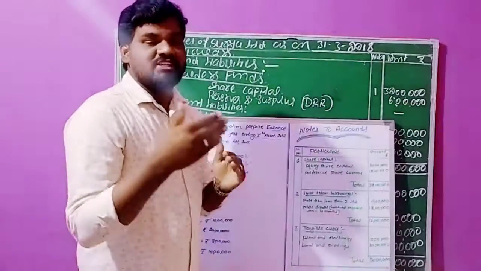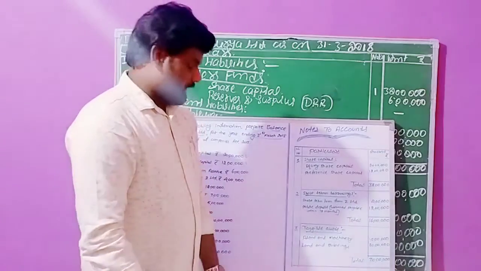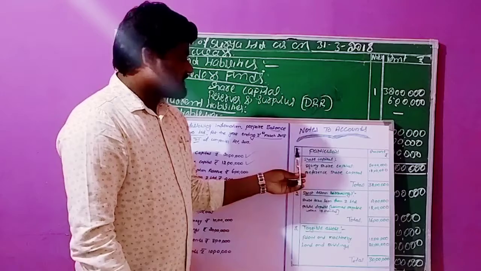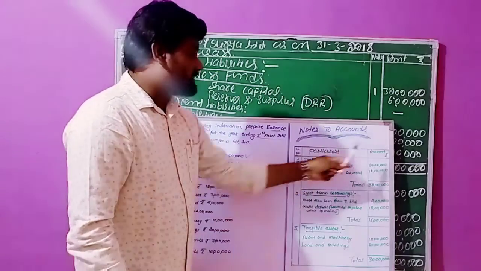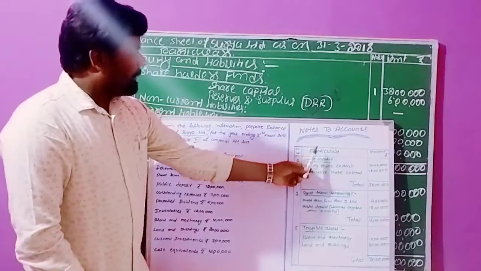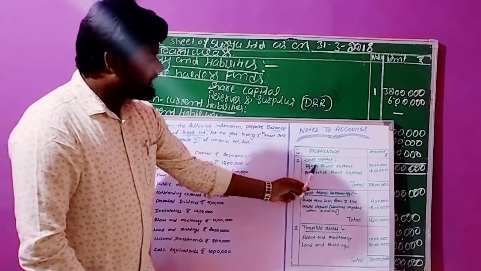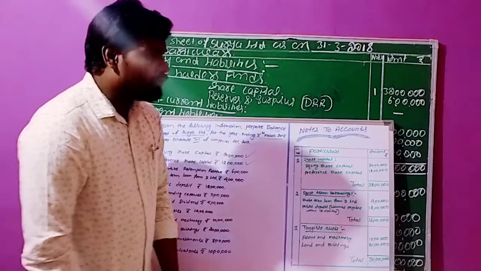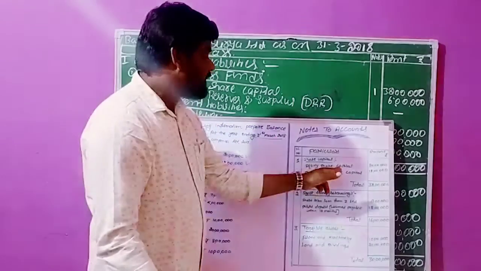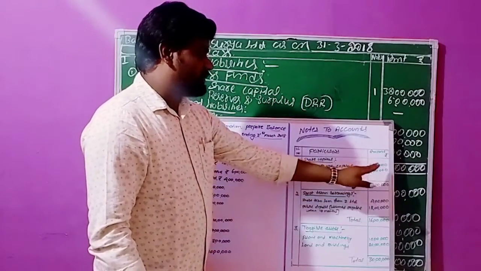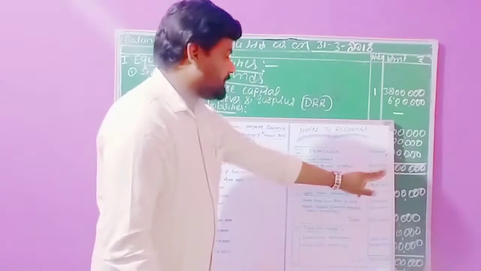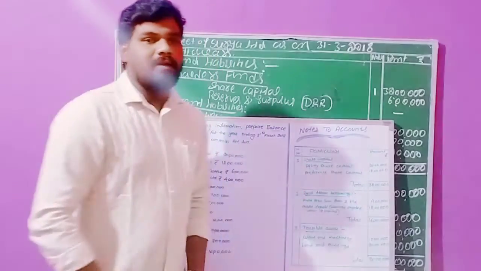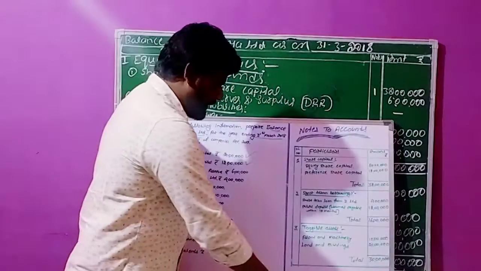When there are two or more transactions, at that time we need to apply working notes. For that working note, here is notes to accounts. Below that, we have a format with serial number, particulars, and amount columns. In that, the first is serial number 1, share capital. Now we need to find the value of total share capital. For ascertaining total share capital, we need to add both the capitals, equity share capital as well as preference share capital. Both the values we need to write here: 20 lakhs plus 12 lakhs, total 32 lakhs. These 32 lakhs we can call the total share capital in the business organization.